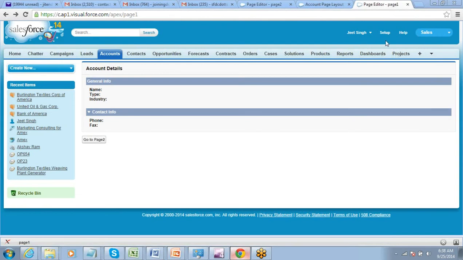We will do one more example where we will talk about passing parameters in the Visualforce page. Passing of parameters means taking one parameter and passing it to another section within the Visualforce page. Okay. So let's do that.